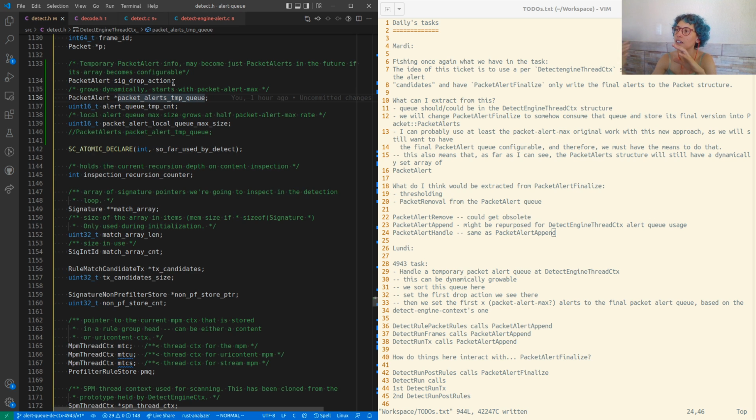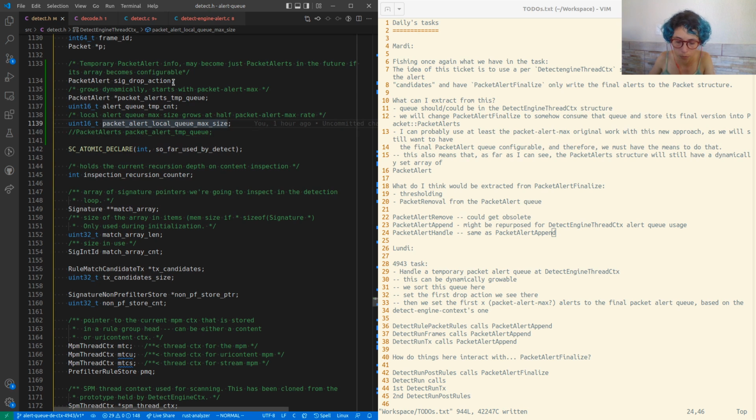Then we have a temporary counter. This will be growing as we append more alerts, and we have a local queue max size, and that starts with the same value as packet alert max, which is currently fixed at 15, and it will grow as we need.